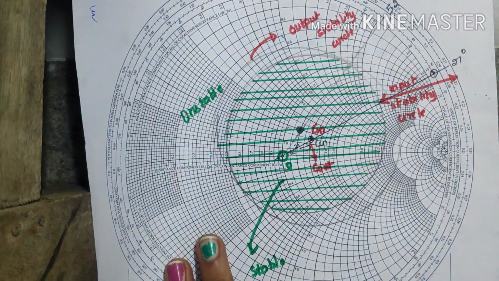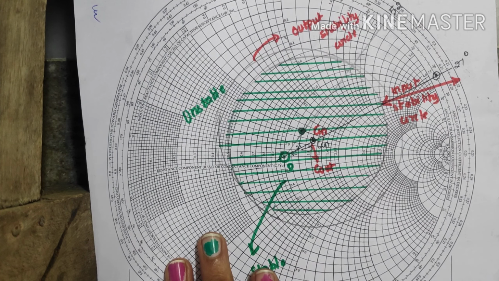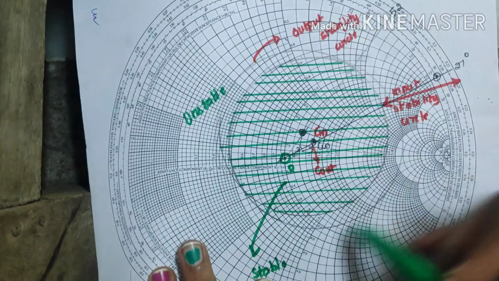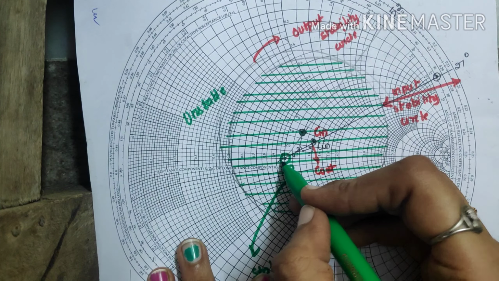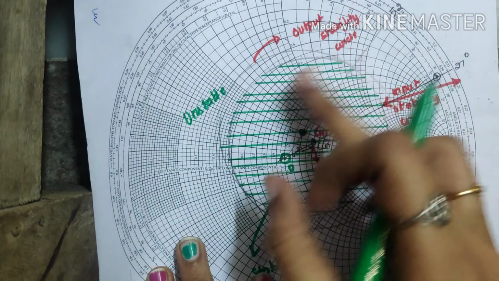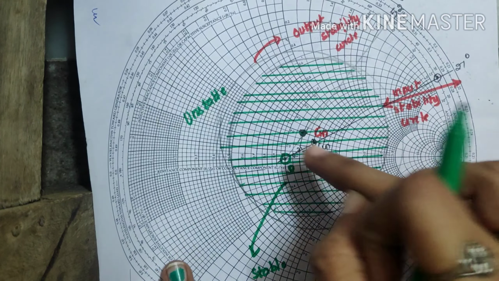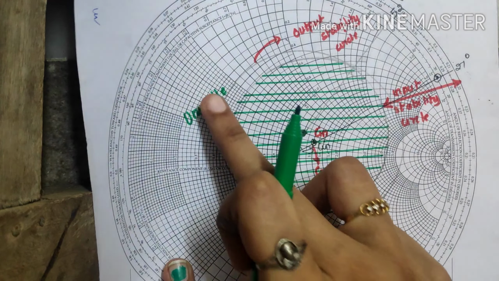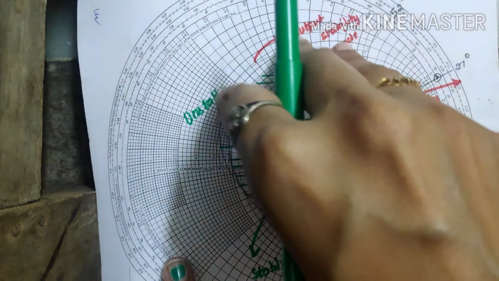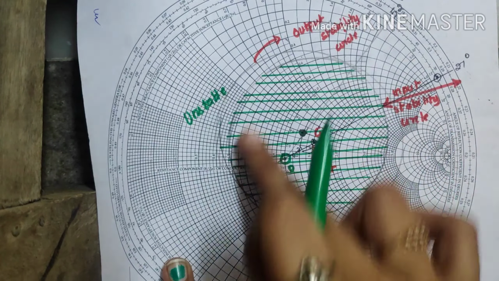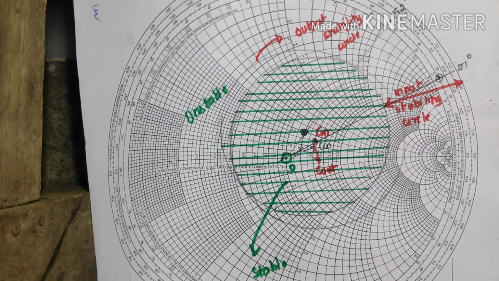Now to find the regions where it is stable and where it is unstable, the two circles are intersecting each other, which covers the origin. So if it covers the origin, then the region where the two circles are intersecting is said to be stable in nature. All other outside regions are said to be unstable in nature. So we can consider only these impedance values when we design an amplifier.